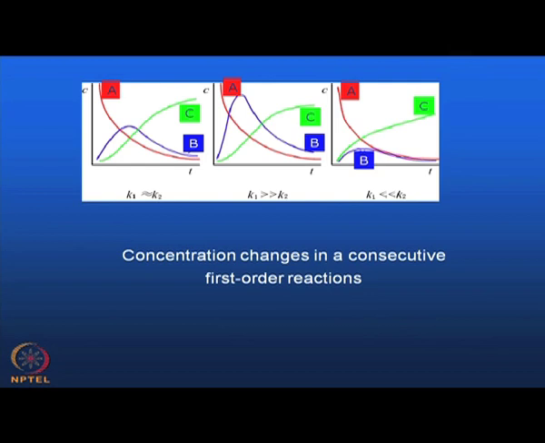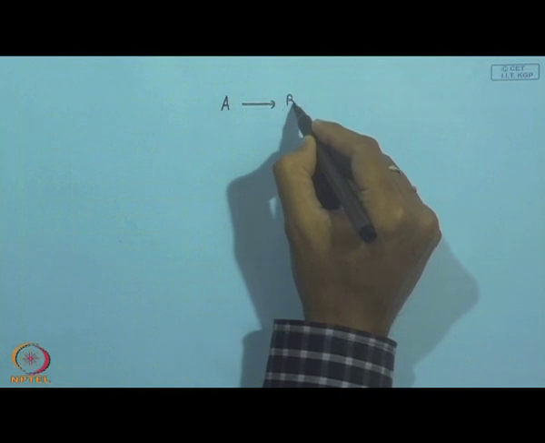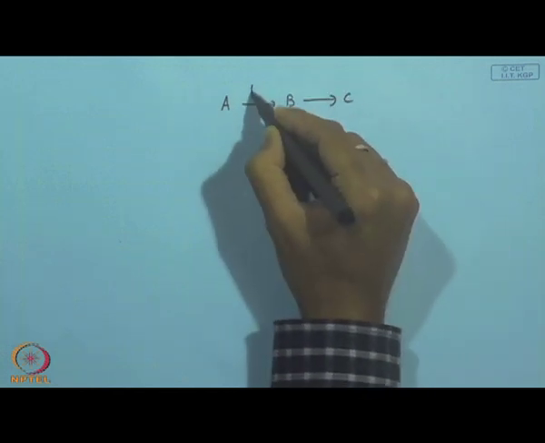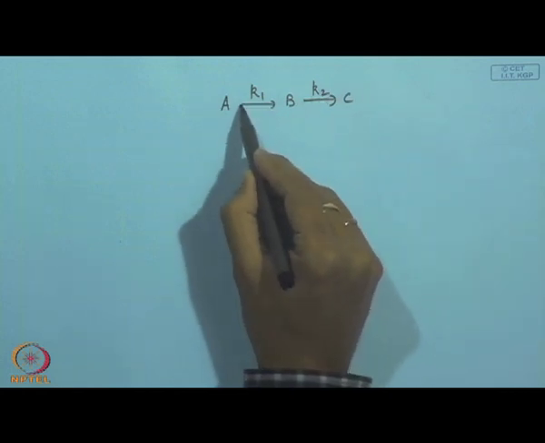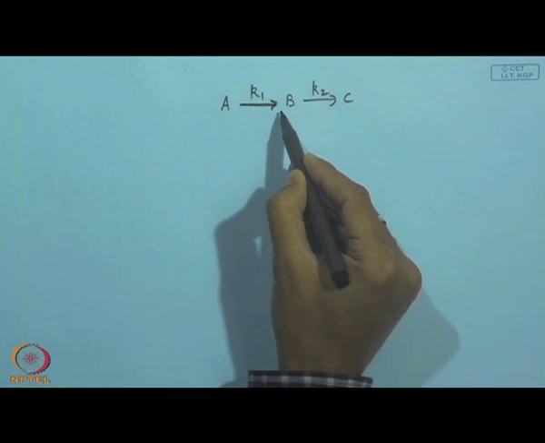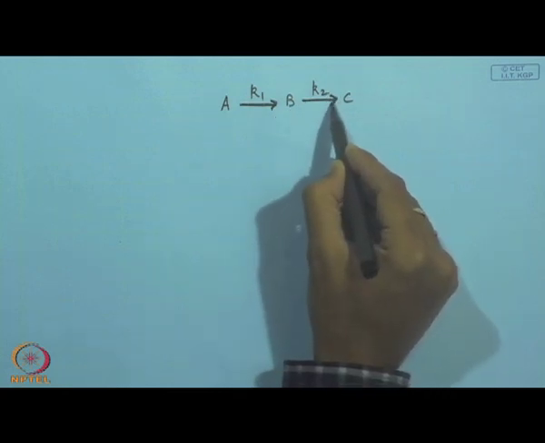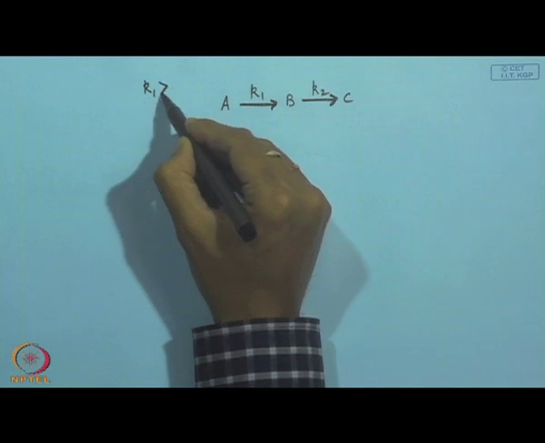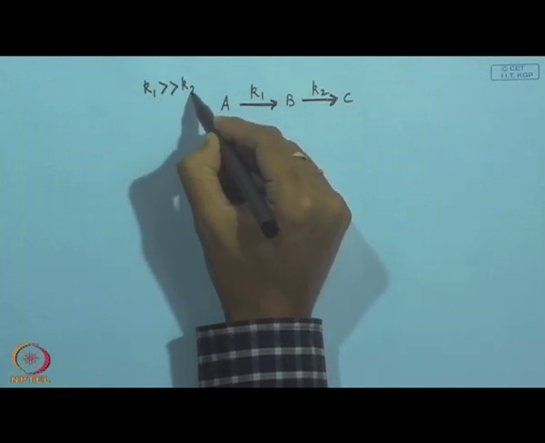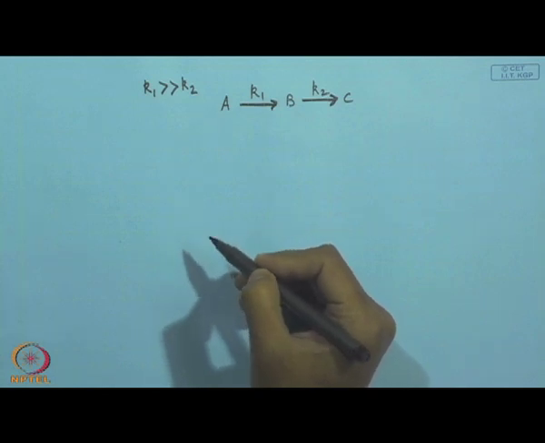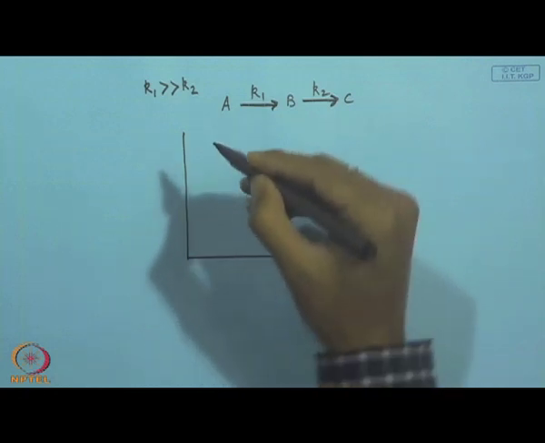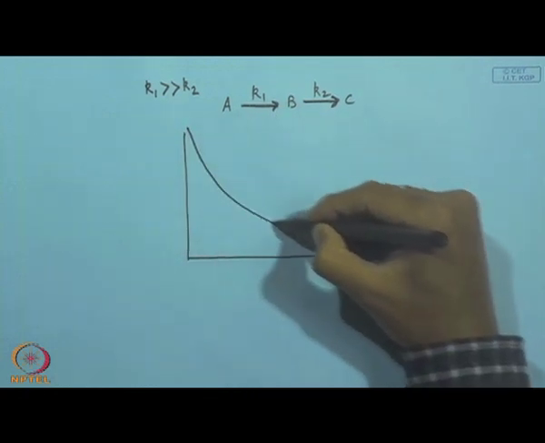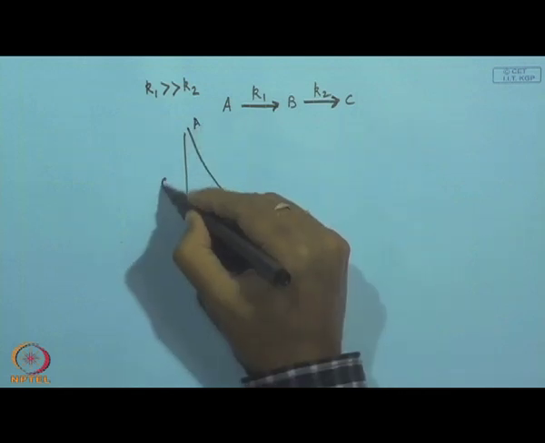When K1 is greater than K2, that is the effect of this step. So, A to B to C, K1, K2. So, that means this is very strong, this is relatively weak, that is why K1 is very much greater than K2. Okay. So, what will happen if we plot? A will be as usual with a decaying trend. So, A, this concentration versus time,